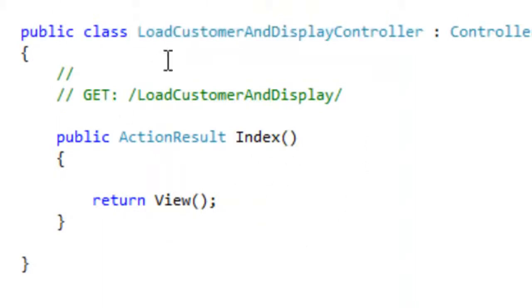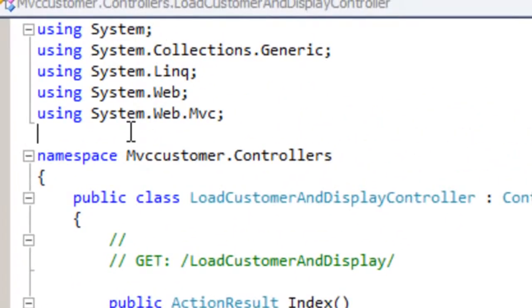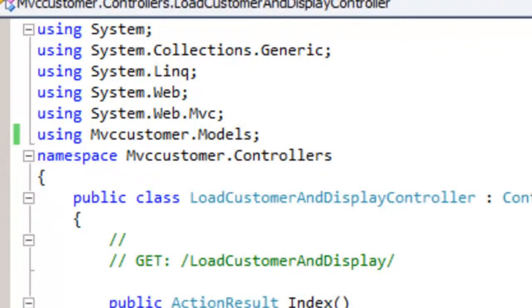Let's first import the model. The model is currently located in MVCCustomer.Models, so let's import this namespace here. Using MVCCustomer.Models, and let's go ahead and create the customer class here.